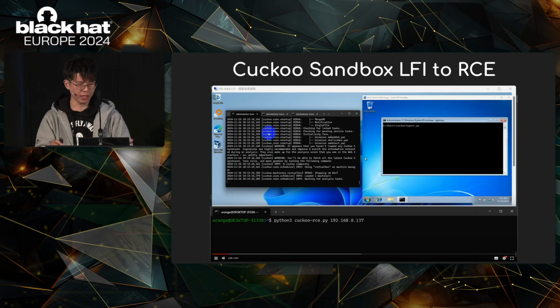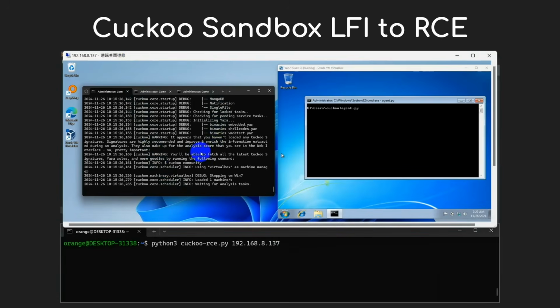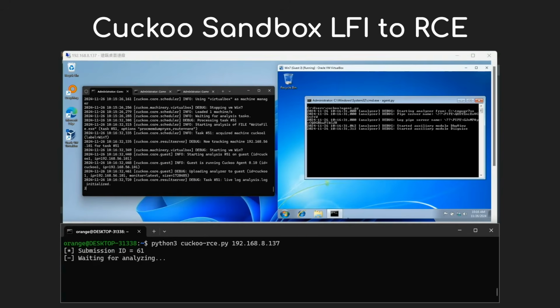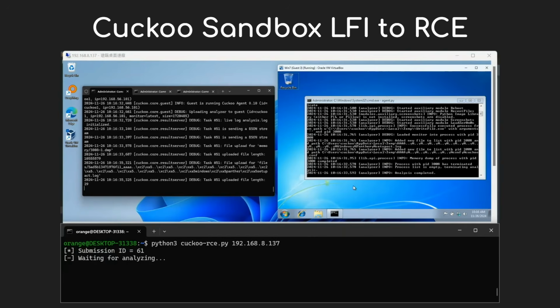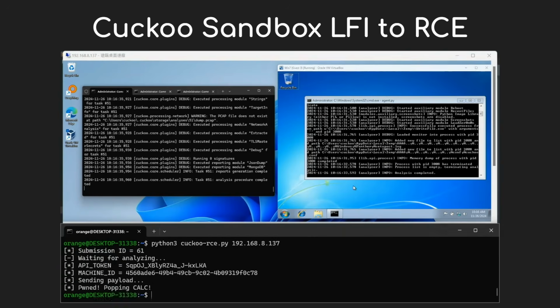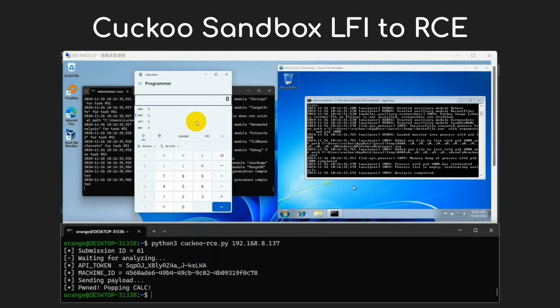So in the top window, you can see the Cuckoo, and we are running the Sandbox host on the left side. And the right side is the virtual machine that is waiting for our files to analyze. So we run our exploit to upload the payload, and after some magic, we pop the calculator successfully. Yes. OK, this is cool, but